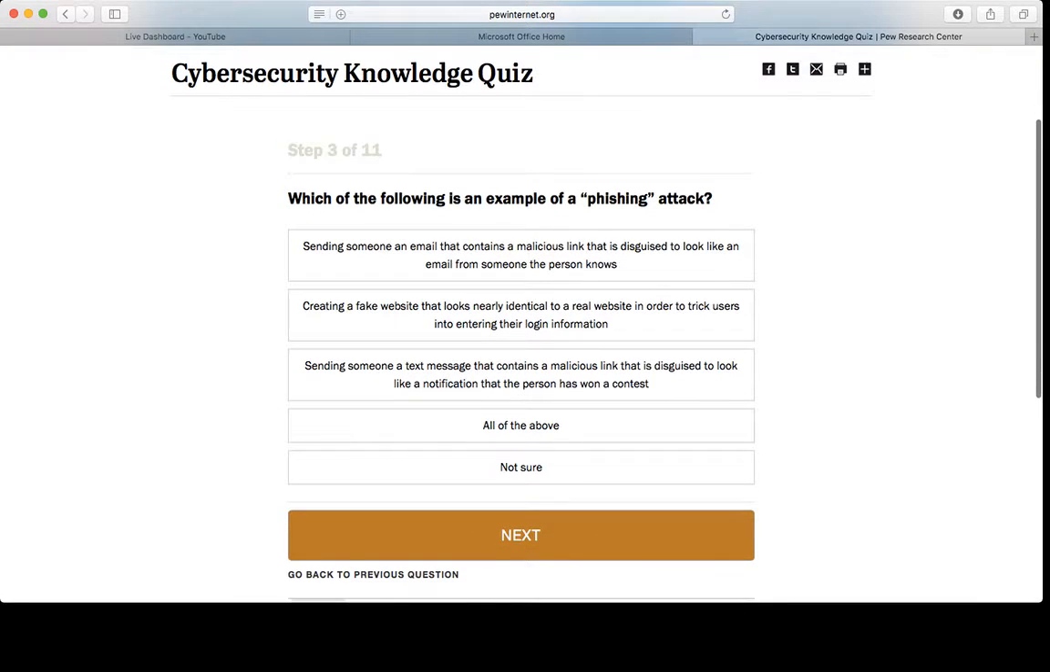Okay. So, step 3 of 11. Which of the following is an example of a phishing attack? Of the PH. So,